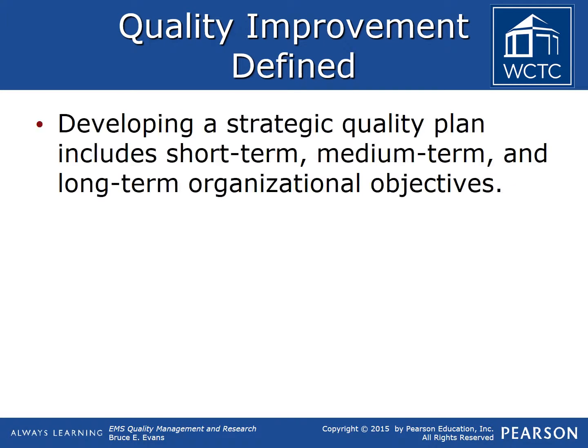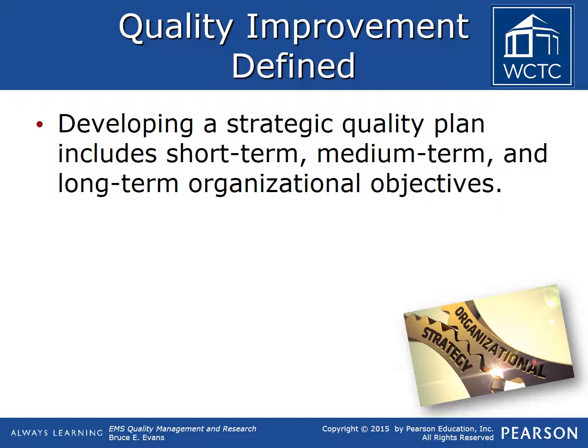At the onset, an organization developing a strategic quality plan should look at short-term, medium-term, and long-term organizational objectives. While the timeframes for these objectives can fluctuate from organization to organization, short-term objectives are routinely considered to take 3 years or less to accomplish. Anything that takes more than 5 years is often defined as a long-term objective, which is typically considered to be a part of the organization's vision, where the organization wants to be in the future. These timeframes are usually determined by the ability of the organization to implement change.